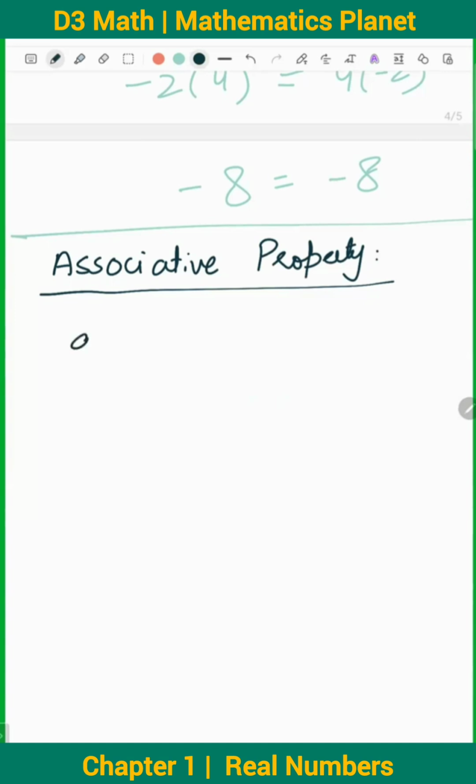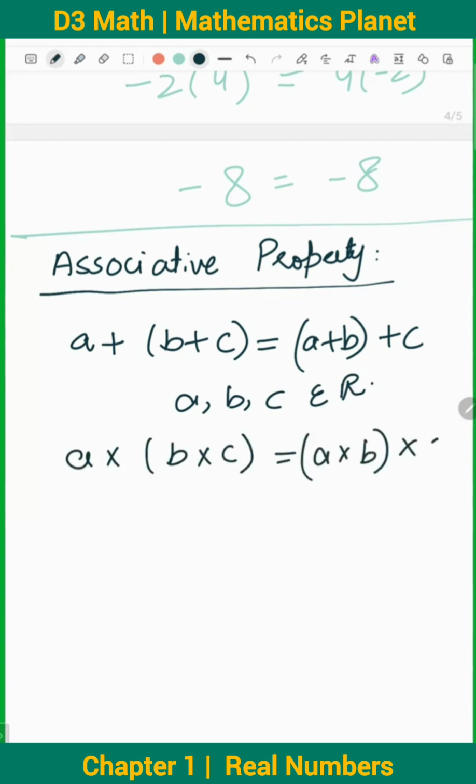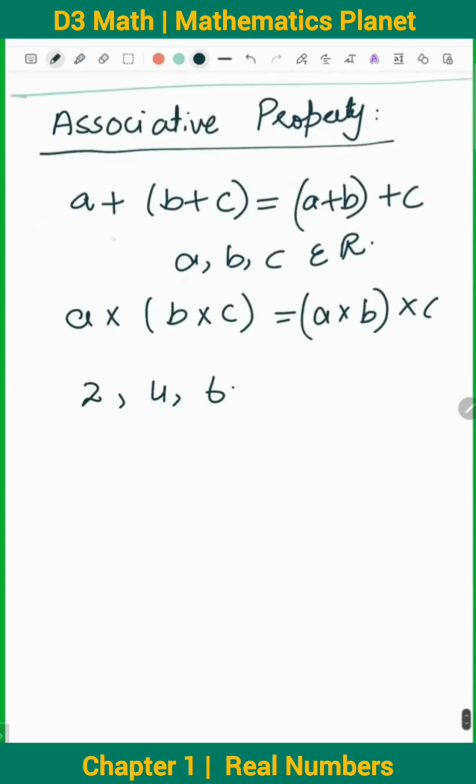एसोसिएटिव प्रॉपर्टी को हम जनरली कुछ इस तरीके से लिखते हैं, (a + b) + c इज इक्वल टू a + (b + c), जहाँ पे a, b और c रियल नंबर से बिलोंग करते हैं। इसका क्या मतलब है? इसका मतलब ये है, और ये प्लस, एडिशन और मल्टीप्लिकेशन दोनों में फॉलो होती है। इसका मतलब ये है कि बच्चों इस दफा आपने 2 नंबर्स नहीं लेने, इस दफा आपने 3 नंबर्स ले लेने। लेट्स सपोज आपने ले लिया 2, 4 और 6 ले लिया, ठीक है।